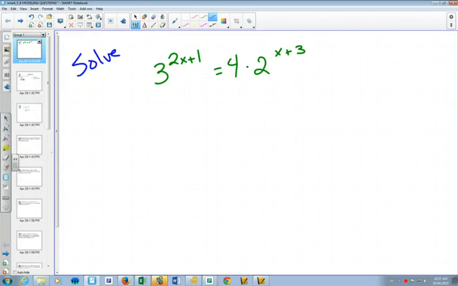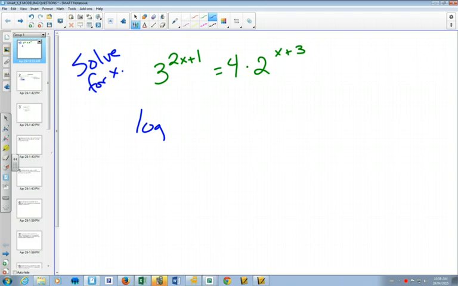Going to solve for x. First of all, we notice that the base of 3 and the base of 2 are not the same, so we can't change everything to the same base. So we're going to have to use our logarithms, and we're going to have to take the log of both